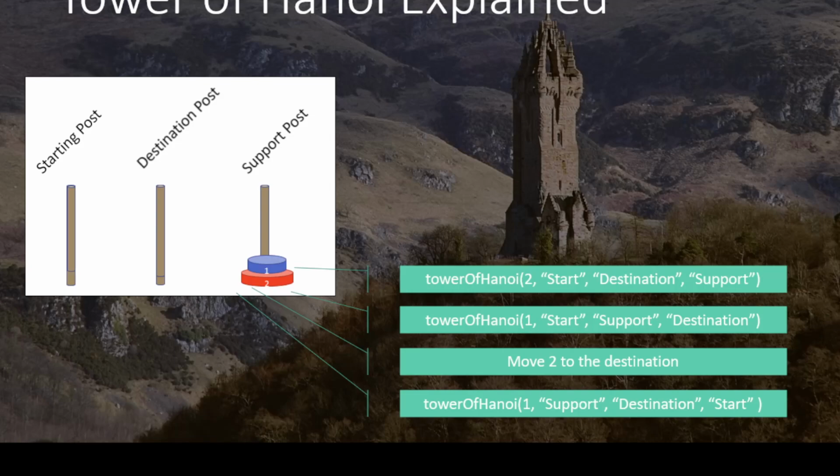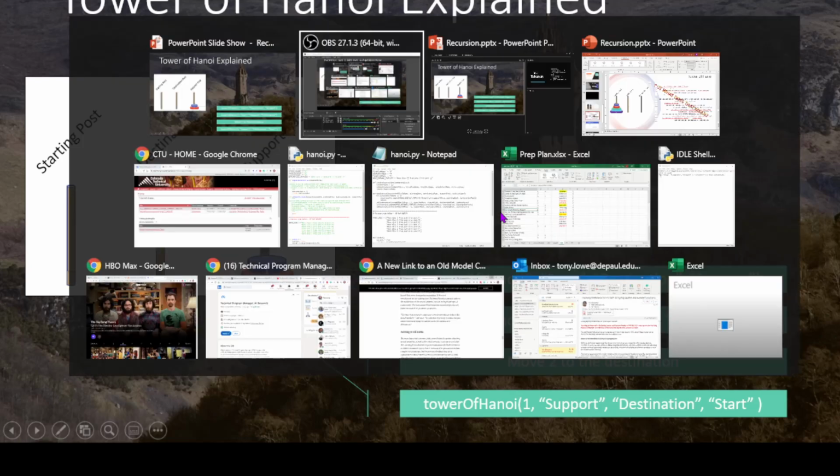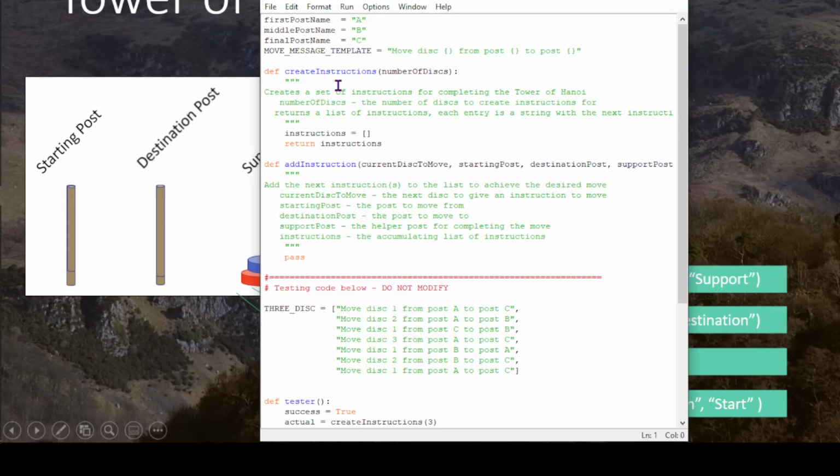So let's take a moment and do it in code. There's a problem out there set up for you to get started. So you can see Hanoi here. And again, we have this idea of creating the instructions. This is a helper method to the recursion. It's really a starting point where the user doesn't have to understand starting points, destination posts, and everything else like that. So we might have those defined somewhere for us, but we're just saying, okay, we'll create instructions